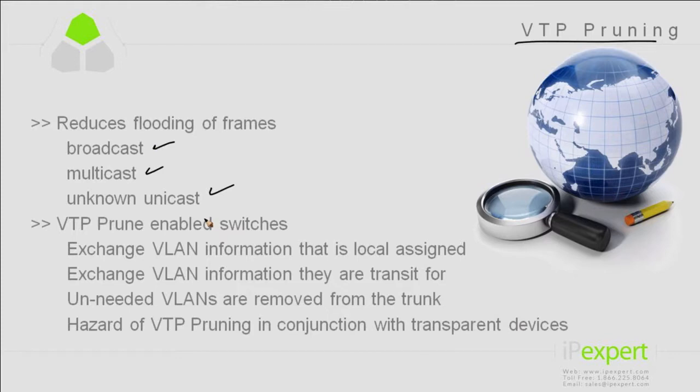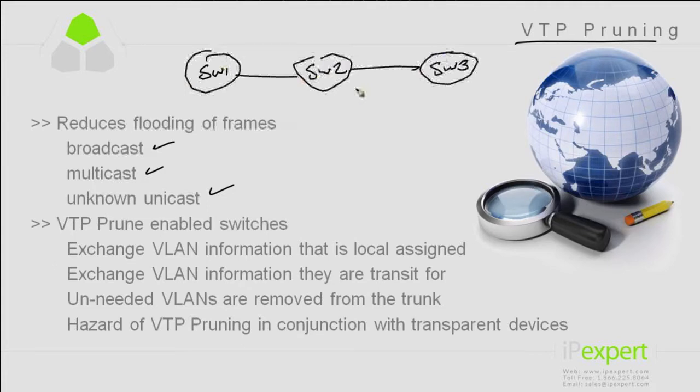So the idea here is if I have SW1 connected to SW2, connected to SW3, and I have VLAN 10 here, VLAN 10 here, but I do not have VLAN 10 configured on this switch. Why would I want to burden this link with sending broadcast messages, multicast messages, or unicast, unknown unicast messages for VLAN 10? So what's going to happen here is what we can do is on a server, we can enable